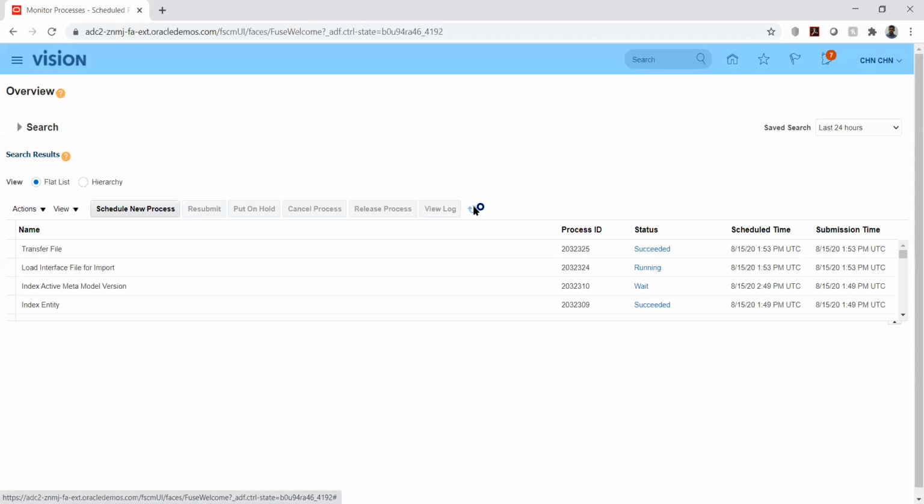Can we submit a request set also, and can we create our own request set? Creating a request set, in the sense you are asking about the concurrent program. Yeah, multiple concurrent programs. I want to put them in a request set, and whenever I run, I will run only that request set. Is it possible? That we haven't worked on. Basically, we have given only single reports. In what cases will we have the request set?